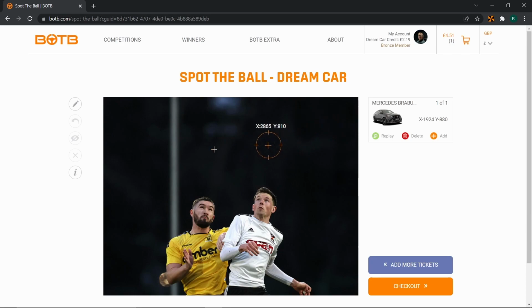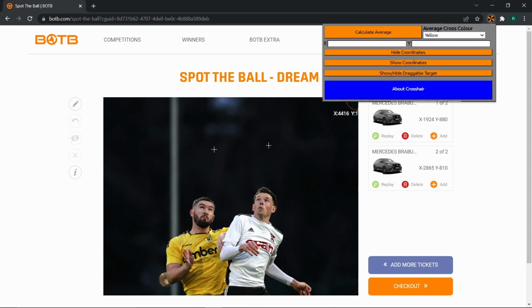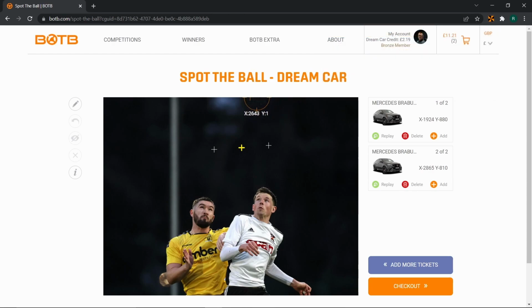So if I put another one on the screen, it obviously adds another ticket to the cart. Now if I do an average of those 2 points, I'll get my expected result. I'll get my X and Y numbers. I get a yellow cross. Now if I decide to play another ticket to do my next average, you'll see that the yellow cross disappears. This is something that's out of my control at the moment, and it's not behavior that I really want, but it's something that I'll have to revisit in a later